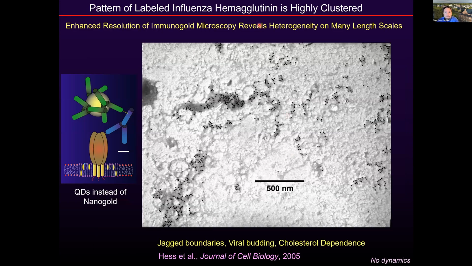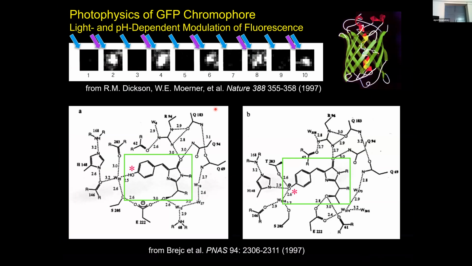And of course, the electron microscope has the ultimate resolution. This is some immunogold labeling of hemagglutinin on plasma membrane sheets. And these black dots show the locations of HA trimers, which are very much clustered. However, this is in a fixed cell far removed from living native membrane. So we still need something that can work in a living cell, which is going to depend a bit on some things that I did as a graduate student.